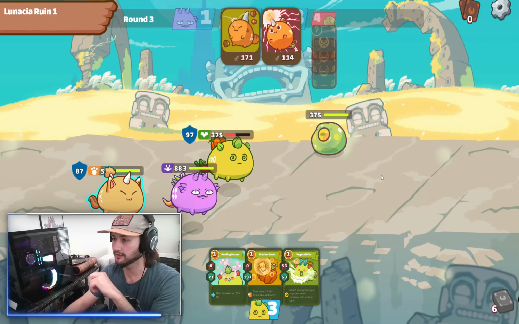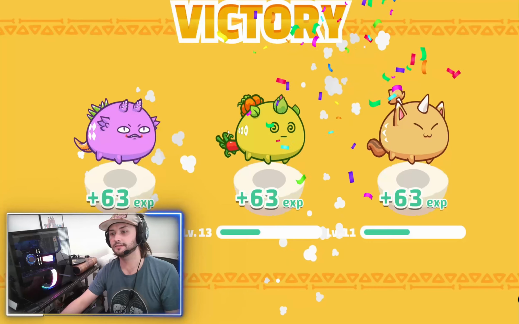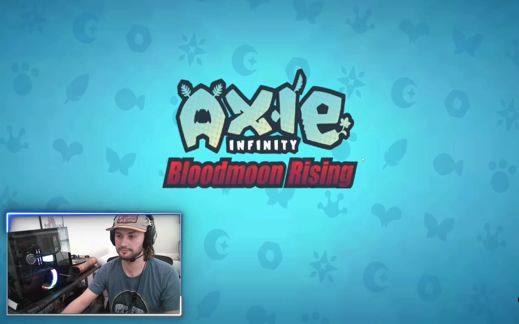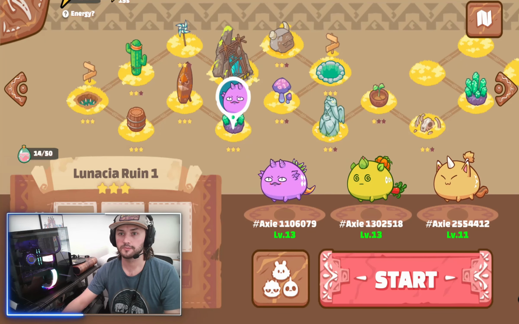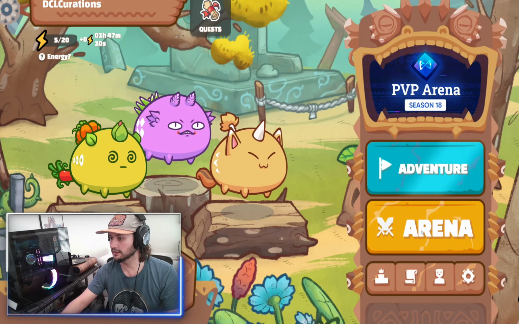Well, actually, we would know because I can look at it. Oh, look at that. Critical. Nice. Victory. Amazing. Gain some XP. Didn't gain any SLP for that because it was level 1. But now if we go over and we check out Arena,